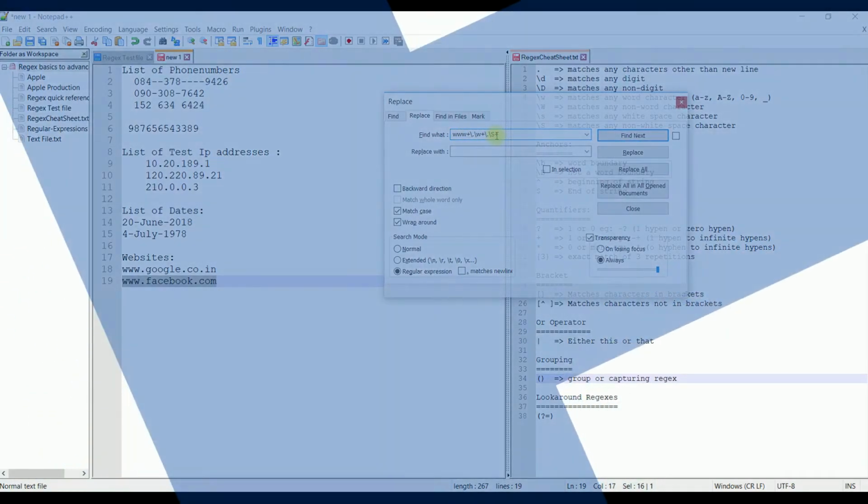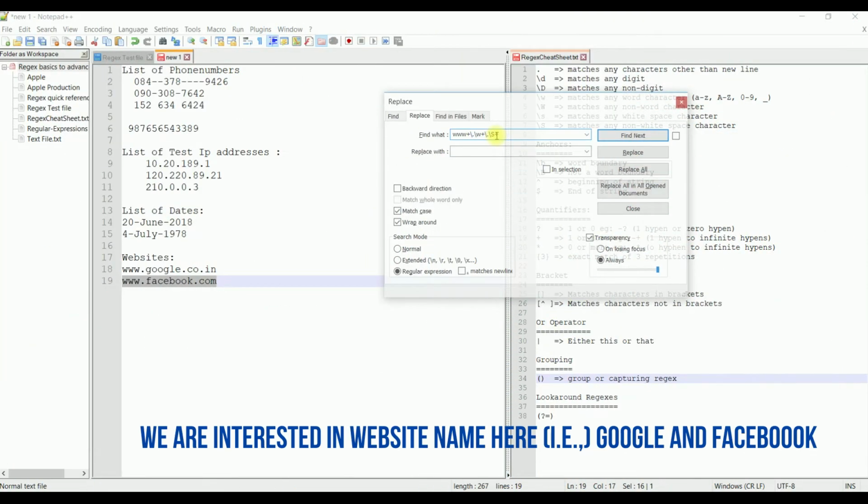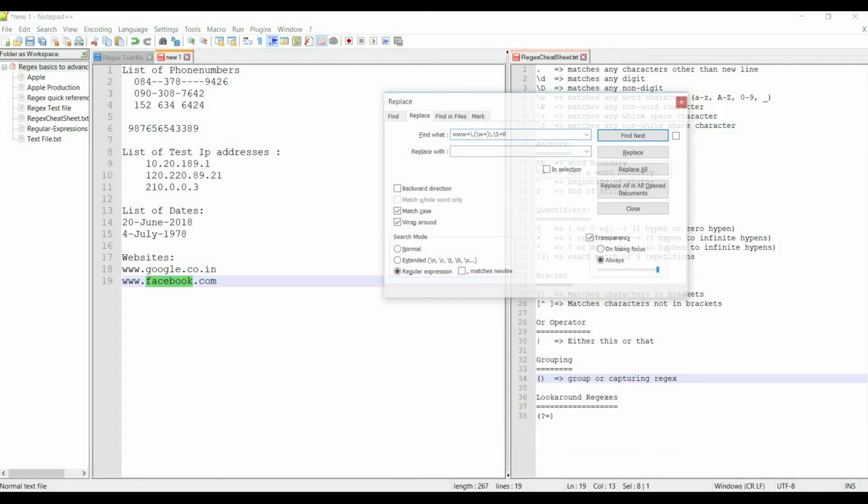In case you want to check which websites we are actually trying to view, we can capture that particular one. For example, here I'm interested in checking the second one, that is Google or Facebook. Whatever is followed by www, then dot, we need that. And also we'll capture this entire one so that we should not lose our tag. Okay, so now we'll say website